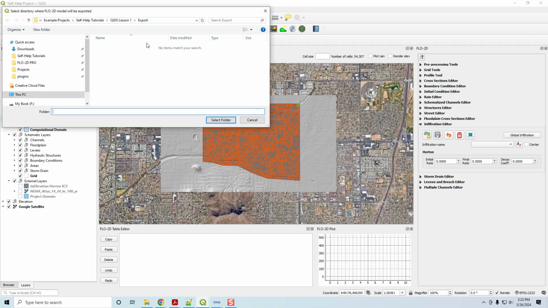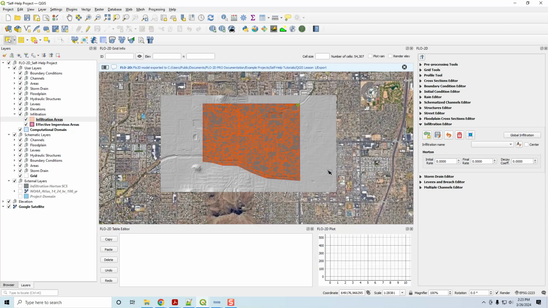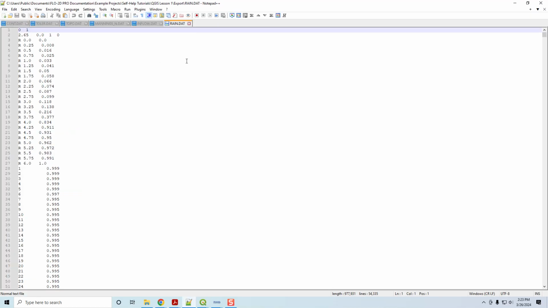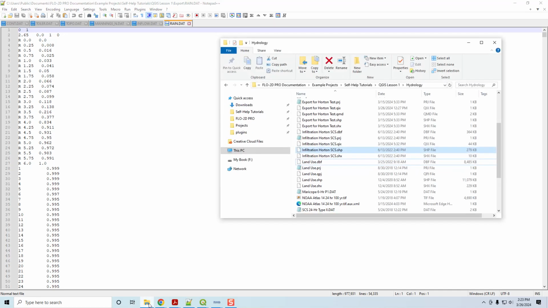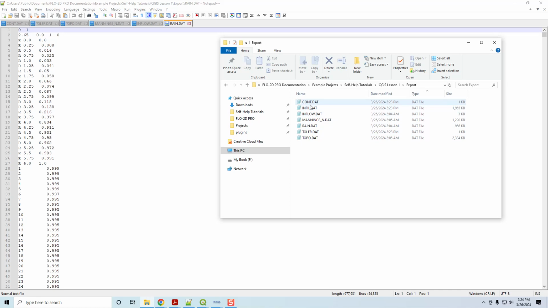Clearly we've been using the same folder for hydrology. Select the folder. We don't need all of that. We just need the infiltration and the cont.dat because that was updated. Then I'll click OK, and I'll click OK again. Now we have been looking at our data files in Notepad++, so let's go ahead and open our infil.dat in